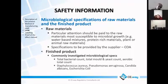Plus, what is quite often missing are these 4 pathogens. Just doing the total